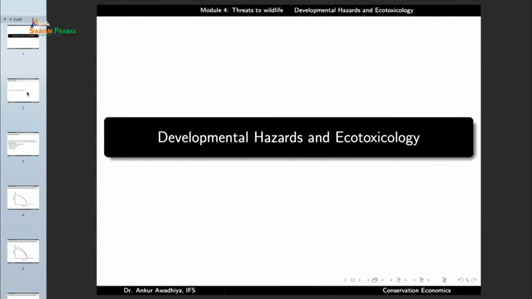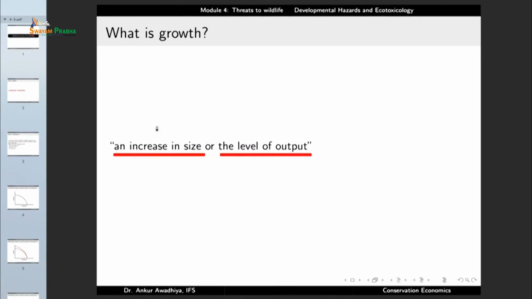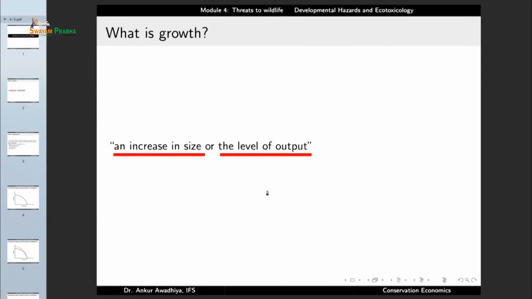So let us look at what growth and development mean. Growth is an increase in size of something or increase in the level of output of something. So, for instance, if you see that there is a child and the child over the years is increasing in height, it is increasing in its weight, then we would say that the child is growing because there is an increase in size of something. Now, similarly, when the economy grows, it means that the economy is increasing in size. The total amount of income that we are having or the total resources that we are having, they are increasing with time. When that happens, we will say that an economic growth is occurring